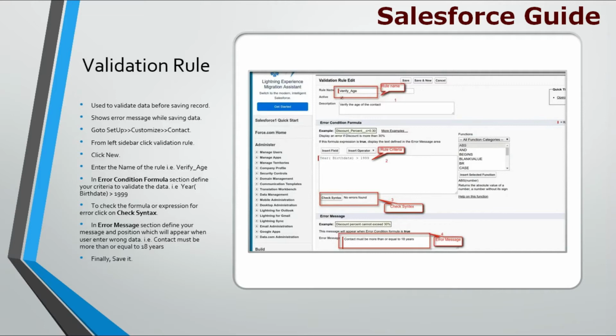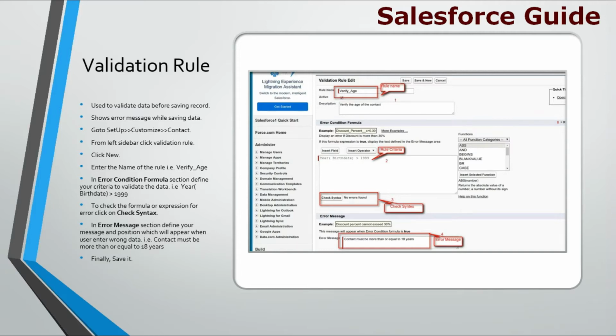A validation rule is basically a rule which will make sure that you enter specific data. That means invalid data is not allowed. If you want to cross-check before saving that all the data entered is in the correct format or not, and if the user hasn't entered data, then it will show you a message accordingly.